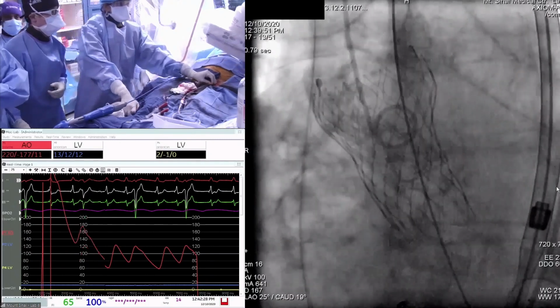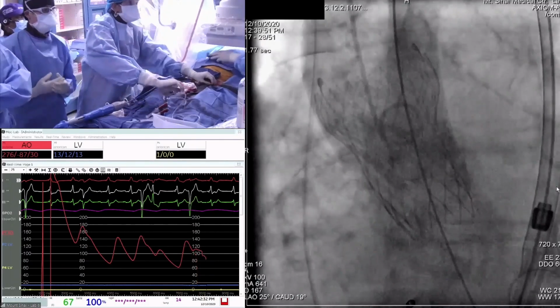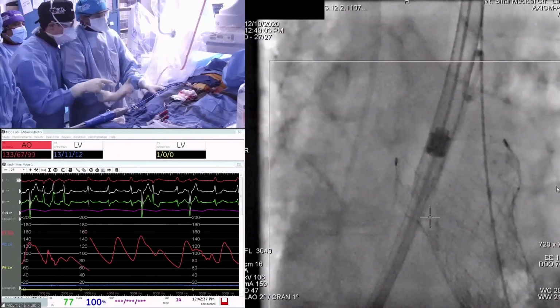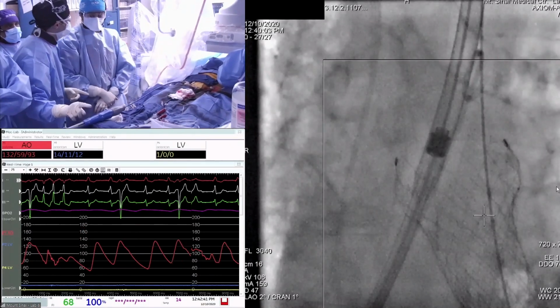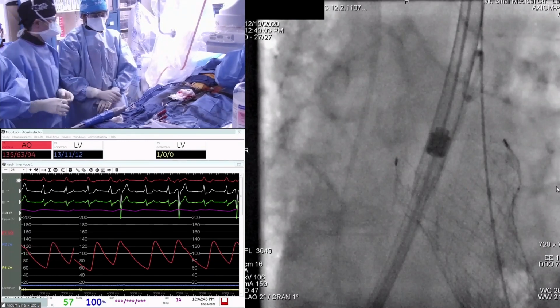Okay, it's a little bit high on the non-coronary cusp, but I think it was still below the annulus. Either way, we are not going to post-dilate here. Agree. We should do hemodynamics for now. Let's do the echo. Let's exchange the pigtail. No, I don't want to do anything, I'd like to see the echo before we take the pigtail out. Yep, you show the echo now, please. Let's do the hemodynamics. Put the echo on the main screen.